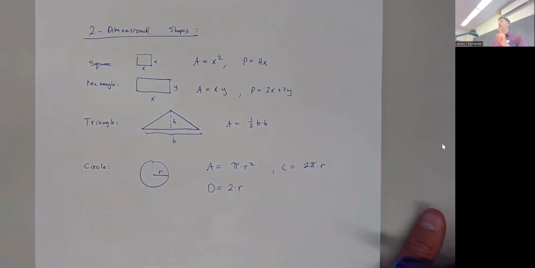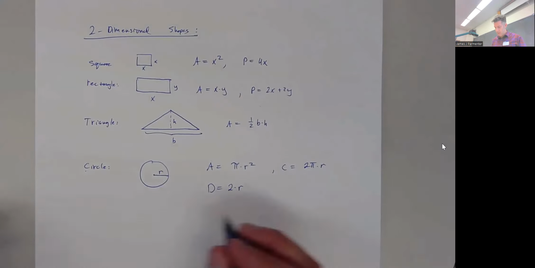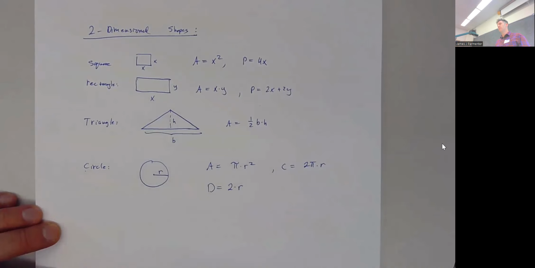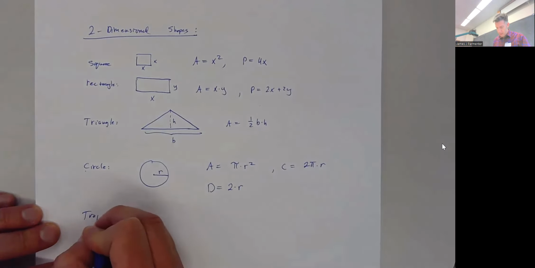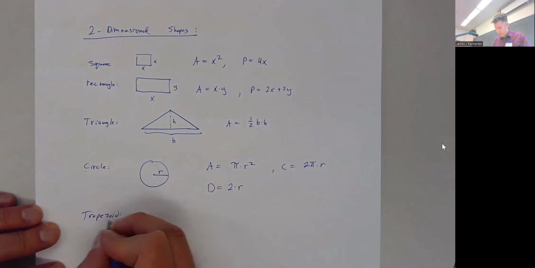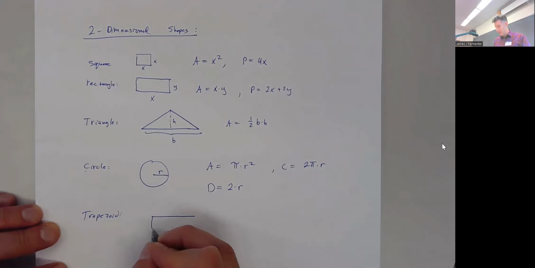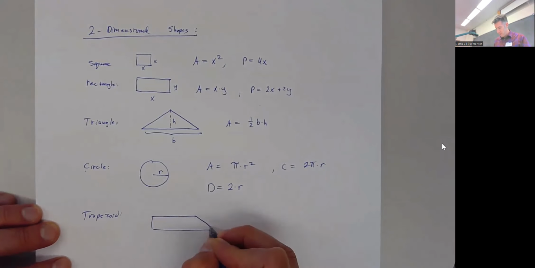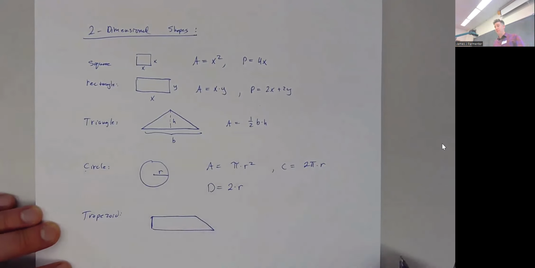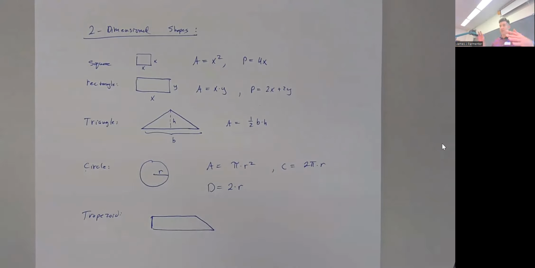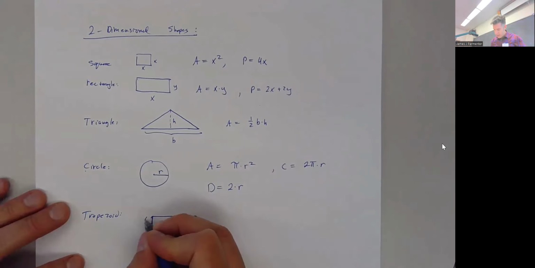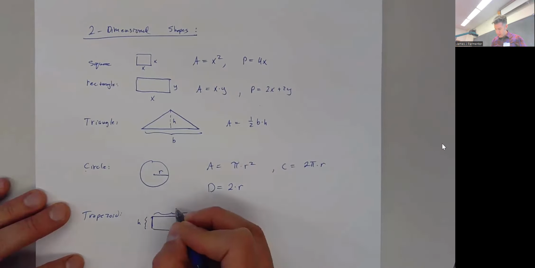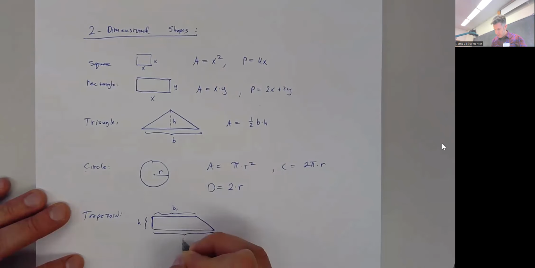Any other 2-dimensional shape? We'll get to 3-dimensional shapes in a second for sure. One other shape that could come up on occasion, and actually will come up in 16B in another way, so we might as well mention it, is the trapezoid. I always think of a trapezoid as having 2 parallel sides and 2 non-parallel sides. There are lots of different ways, right? These 2 non-parallel sides can be oriented any which way. They could be very close to being parallel, or they could be kind of anti-parallel, or one straight. Lots of options here. If we call this the height and this base 1 and this base 2,